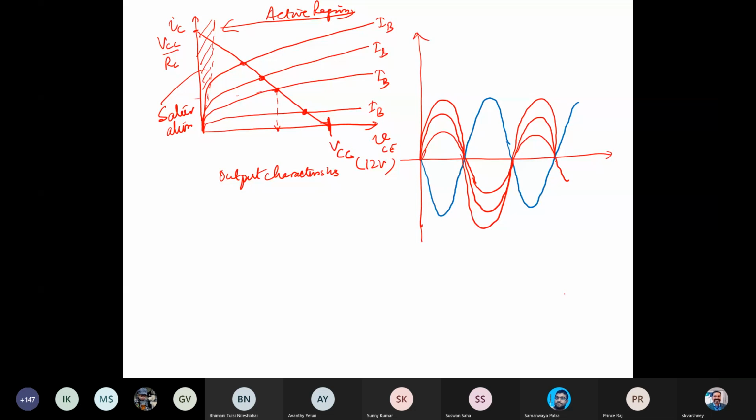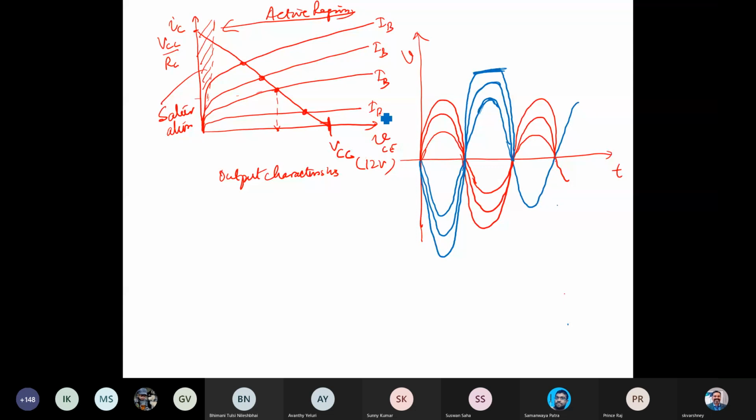This red one is the input, with time T on one axis and voltage V on the other. What may happen is, this is not a very good drawing, but it's still sinusoidal. At a certain level of the input, the output becomes distorted. You can see very clearly that it started becoming distorted, in the sense that it starts getting a little flat. It's not a sinusoidal curve anymore. So what does it mean once it starts getting flat?